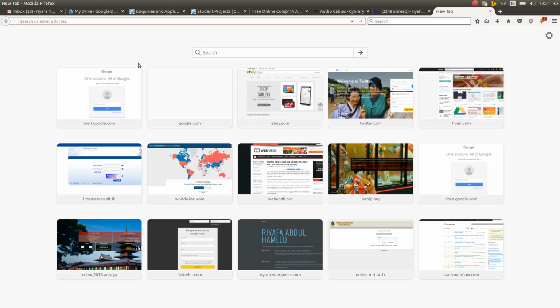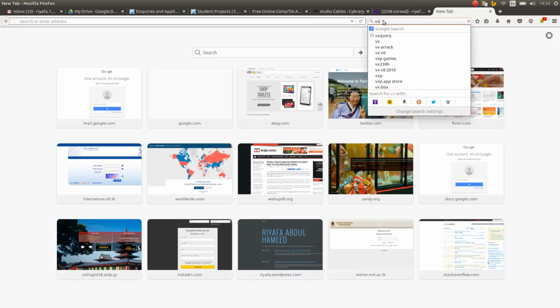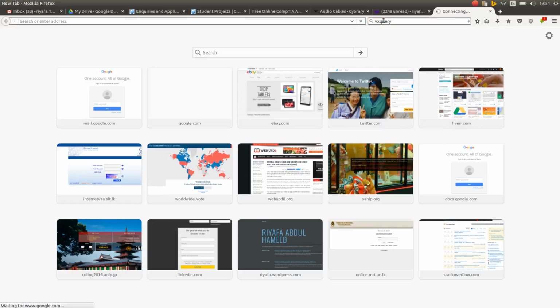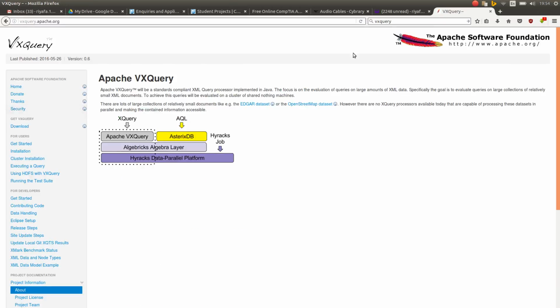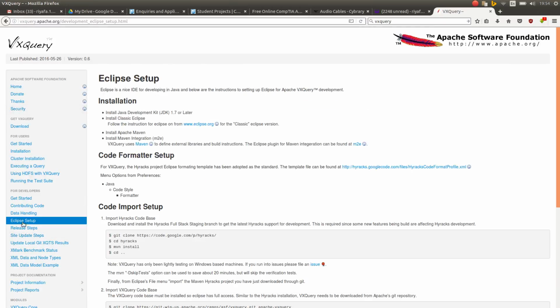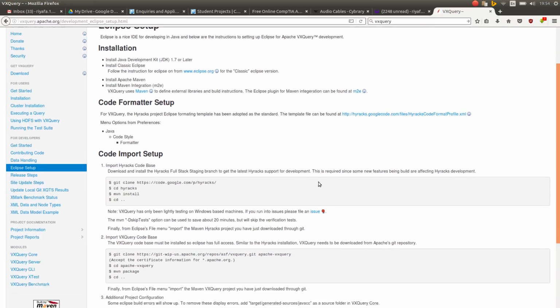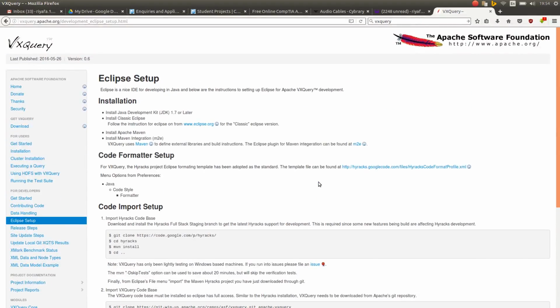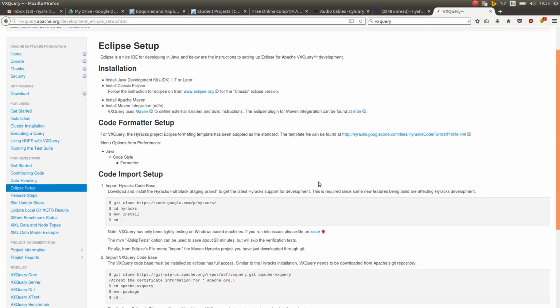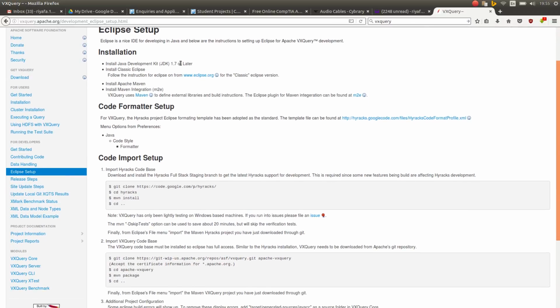Hi, in this video let's see how to set up VXQuery in IntelliJ. First let me go to the VXQuery website and I will go to Eclipse setup. Here you can see how to set up VXQuery in Eclipse. So you have to have Java installed and you have to have Maven and you had better